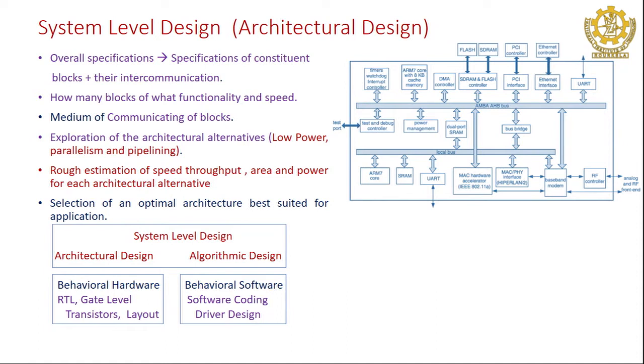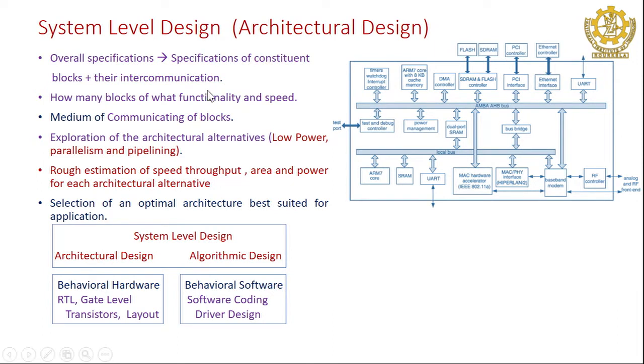Okay, so if there are pipelined systems or pipelined microprocessors, they do operations in parallel, so it enhances the throughput of the system. So different architectural alternatives also you have to explore. Obviously it depends upon your expertise in low power, or how you design your system so that it will be faster. So now it comes into architectural design. Those aspects will be decided in system level design.